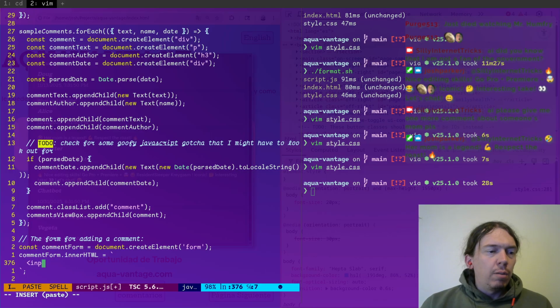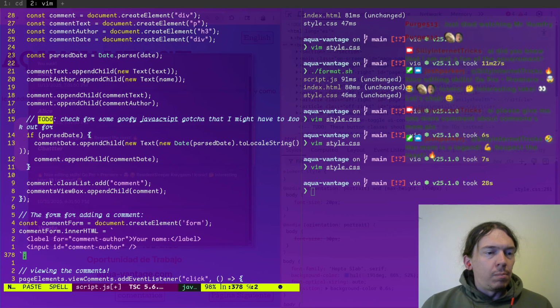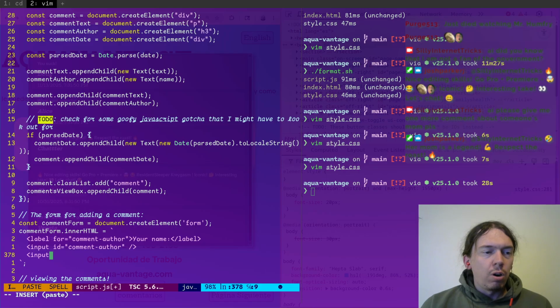So we're going to have an input for the comment author, right? Have an input for, but this one's going to be a text area.